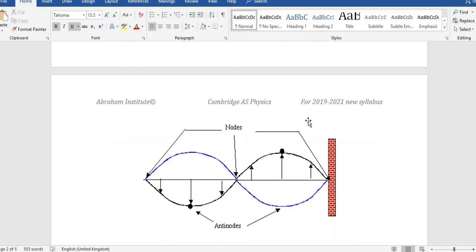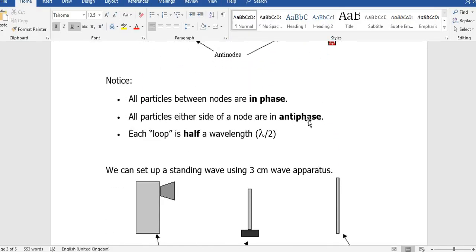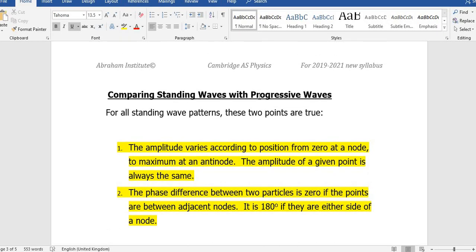Right? So let's go back to the last part. Okay, this is a very important part. Comparing standing waves with progressive waves. For all standing wave patterns, these 2 points are true. The amplitude varies according to the position from 0 at a node to maximum at an antinode. So at the antinode, the amplitude is maximum. The amplitude of a given point is always the same,